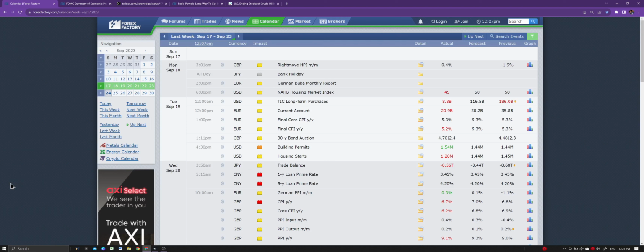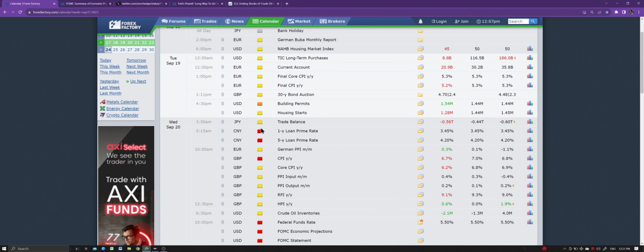So we look at the technicals and the fundamentals for the upcoming week so we can prepare for potential trades that we could possibly take. So we'll begin with the fundamentals from the previous week. Previous week we had a lot of central bank data that came out, a lot of announcements.